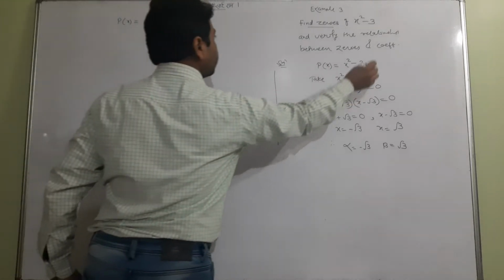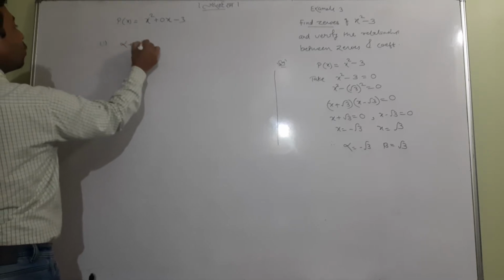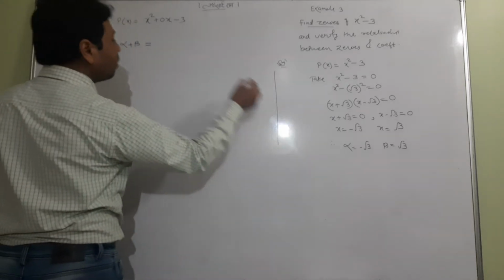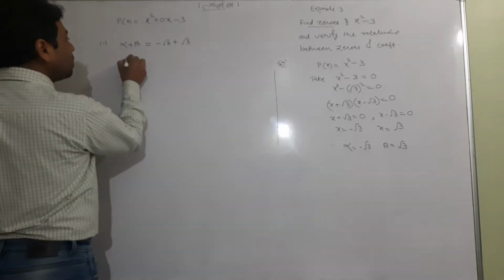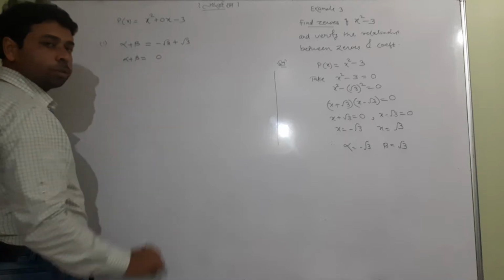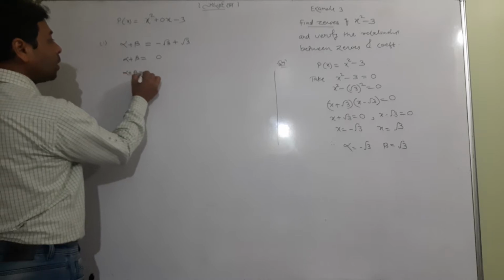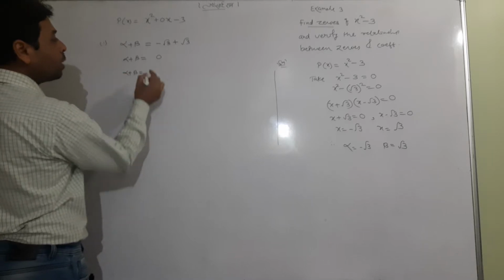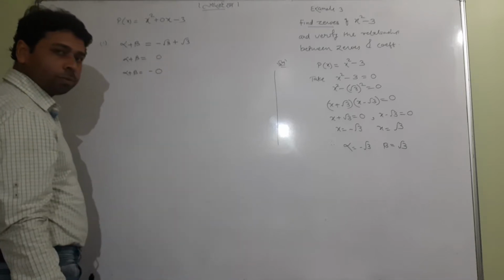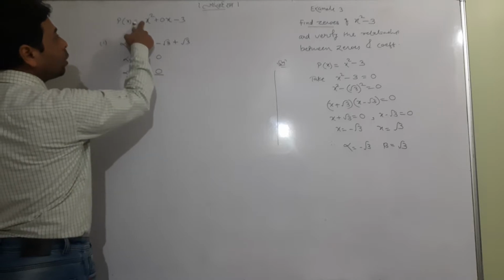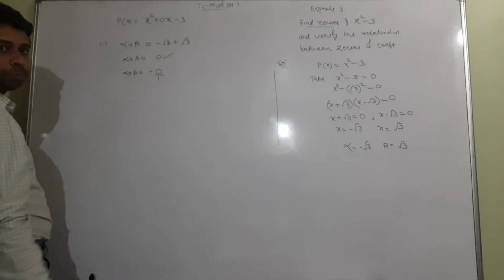What to do? You have to find the relationship between zeros and coefficients, so you will go first with alpha plus beta. You remember, what is alpha? Minus root 3. What is beta? Plus root 3. And the answer is, very surprisingly, 0. So you remember that I taught you alpha plus beta should always be negative, but it is not negative. So create it, no matter at all, because plus 0 or minus 0 is the same value. And the coefficient of x square is 1.